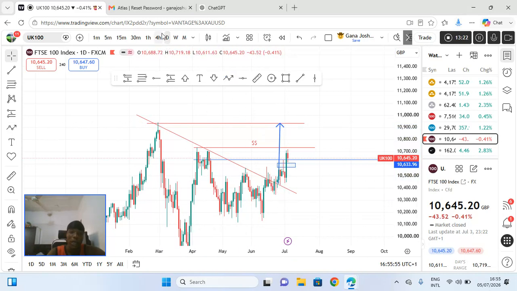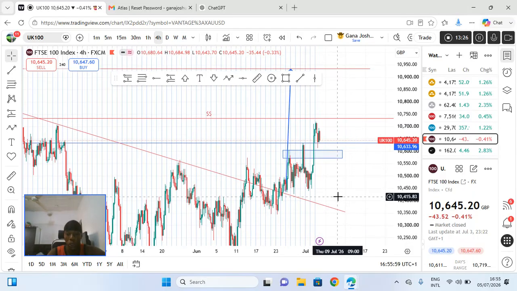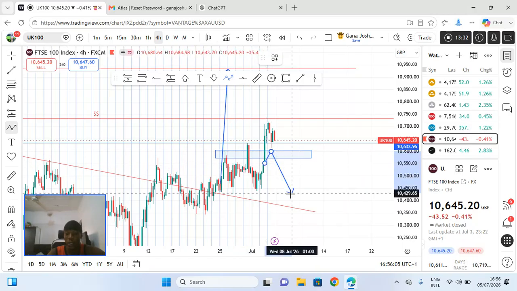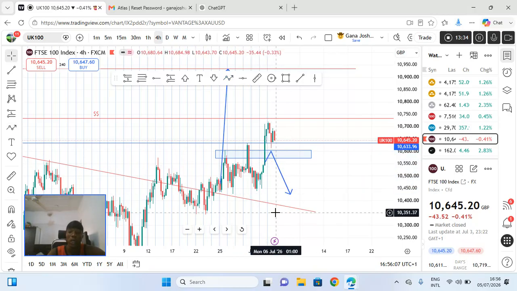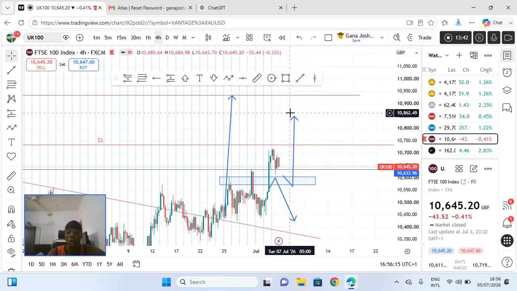From what the UK 100 is showing, this was supposed to be a head and shoulders situation right here, like the instance I gave on the other assets, but price has broken. What would we do? We turn this resistance into our support level now, position, and continue to the upside,